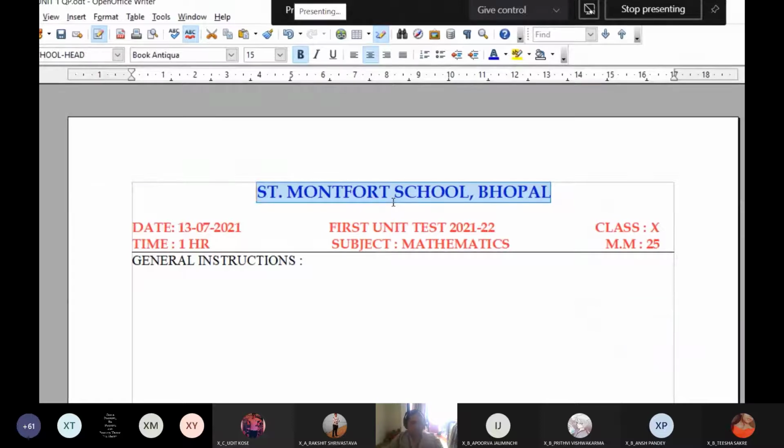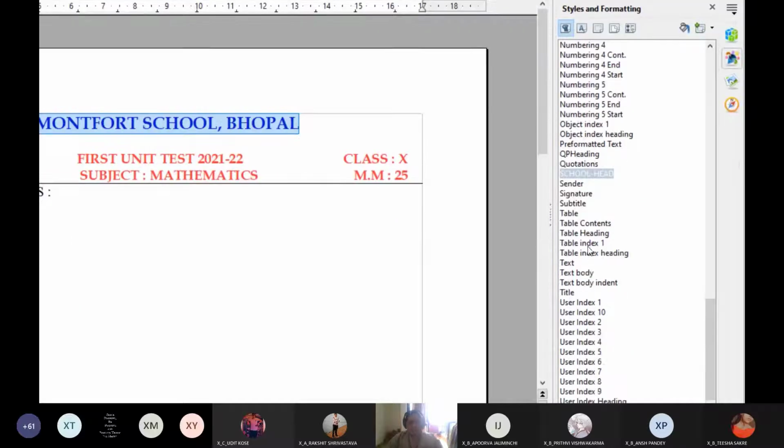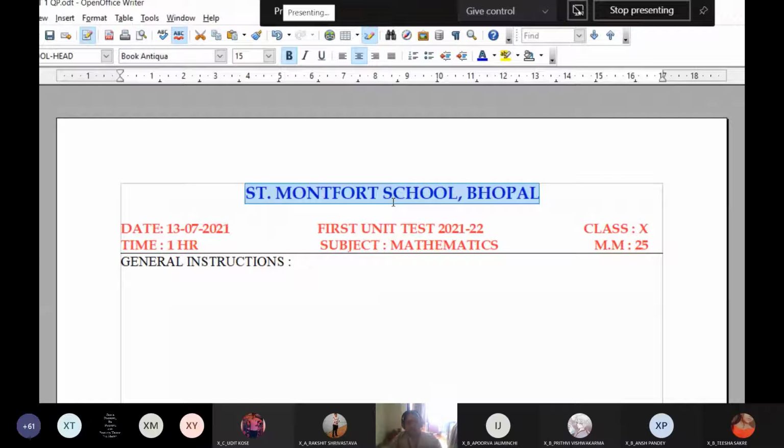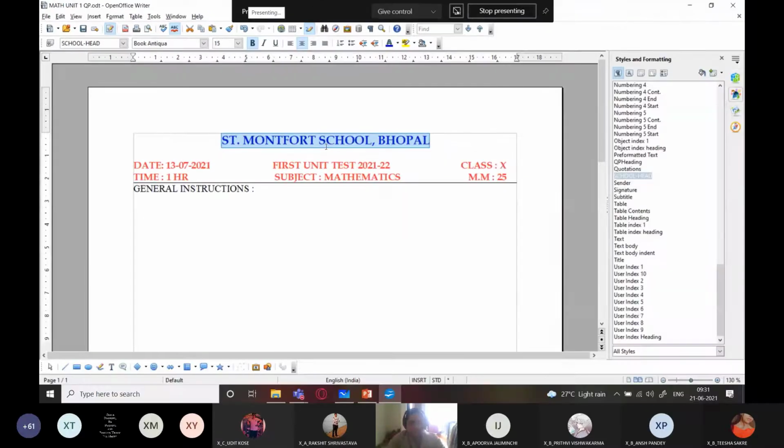Alignment is also applied because alignment is a part of your paragraph style. Got it? So now those styles will appear over here. You have to insert the text manually, and you have to apply the styles on that. So that's all you can do once the styles are updated in the template.